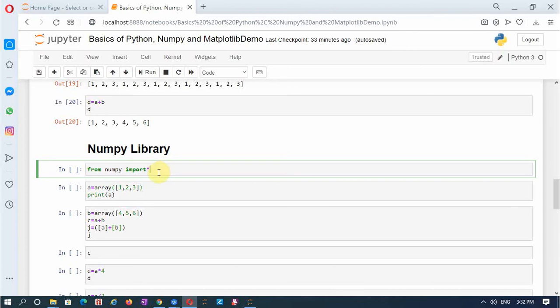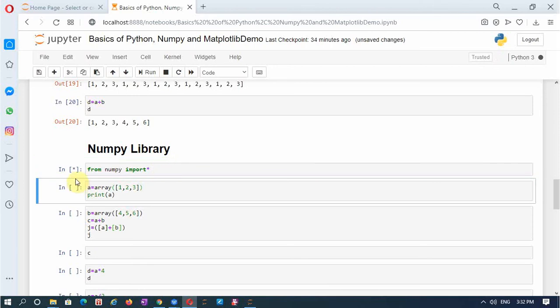So if you don't run this cell, you won't be able to use the NumPy library. So you have to run this cell. You can observe here this asterisk while it is running. Only after completing that the line number will come. Line number will be in consecutive order. So the previous input line number was 20, now it is 21.